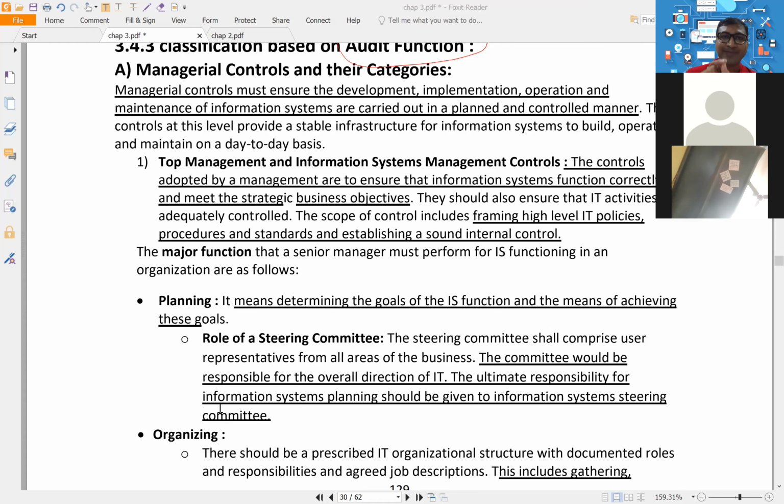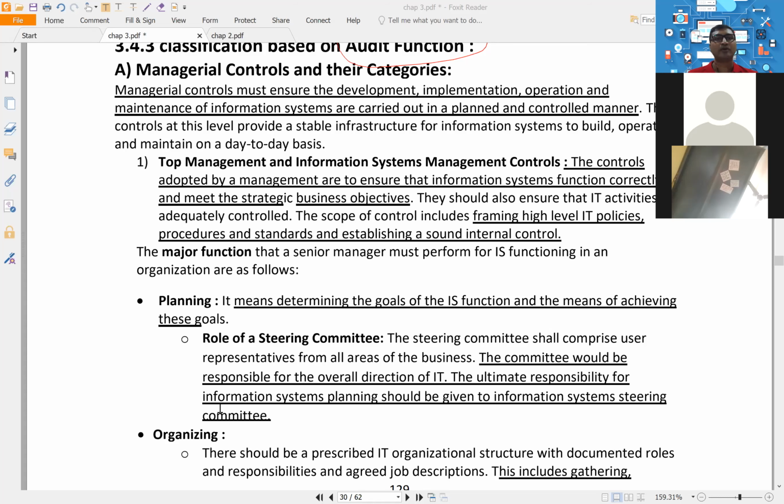But I told you that managerial control and the topic which is in the audit part, audit of managerial controls, you should always learn together, read together. I told you that at the time of teaching also. If you remember, at the time of teaching, I had not taught managerial control first. I taught application control, then we went for the audit part. And then when the audit of managerial control topic came, that time I taught this part. And I told you always try to read both parts together, correct?